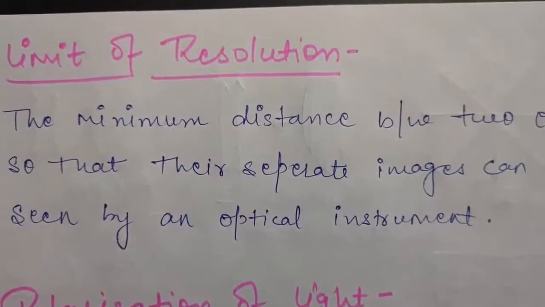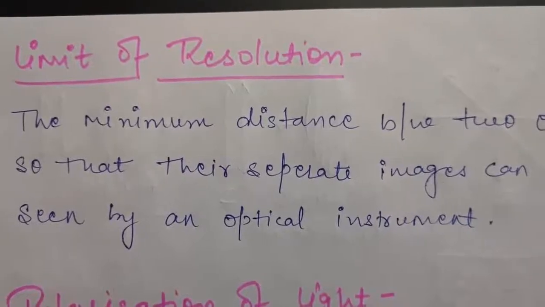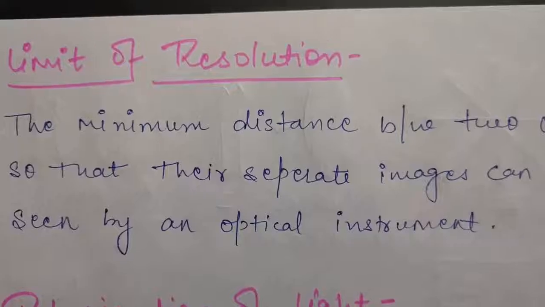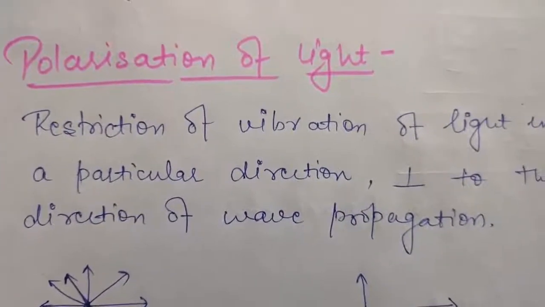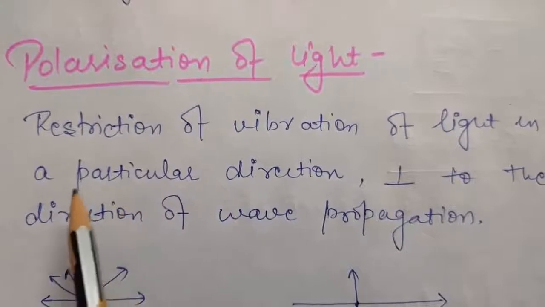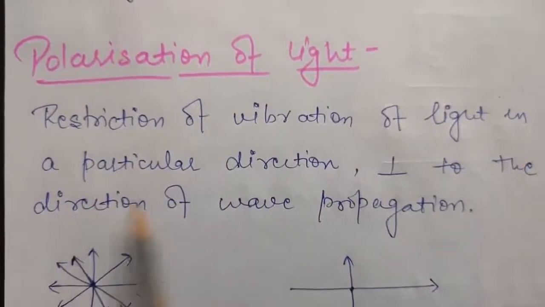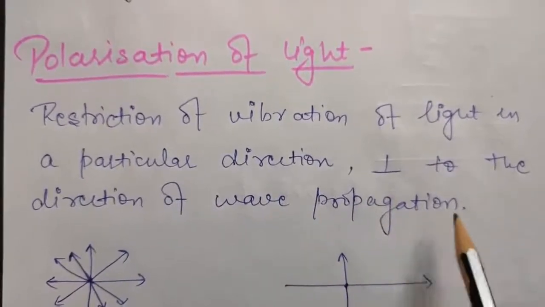So resolving power is the ability of an optical instrument, and limit of resolution is the minimum distance between the two objects. The next topic is polarization of light. First of all, let us read the definition. The restriction of vibration of light in a particular direction perpendicular to the direction of wave propagation is called